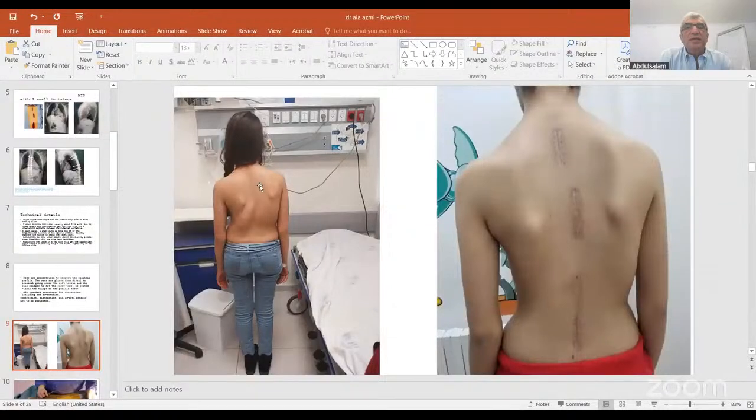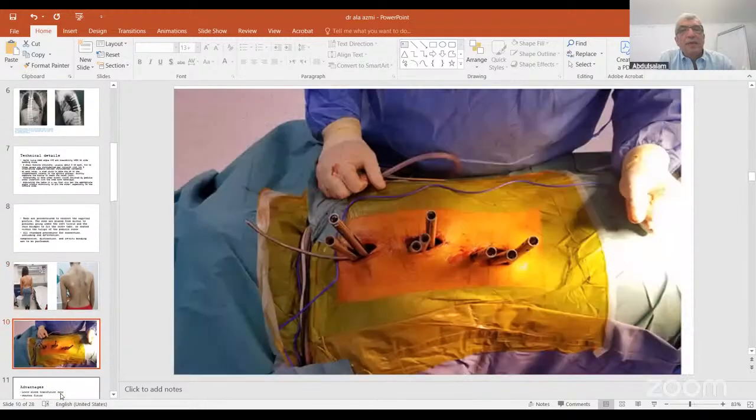Here we can see a girl who was decompensated, with adolescent idiopathic scoliosis. This is one of my patients in Palestine, and you can see the small incisions. You can see that the lumbar one is a little bit bigger because the vertebrae are much bigger, so you may need to open more to have the 3 levels instrumented. And as you can see, here are the tubes that will make it much easier for you to go. And you can see the 3 small incisions that you can go through.